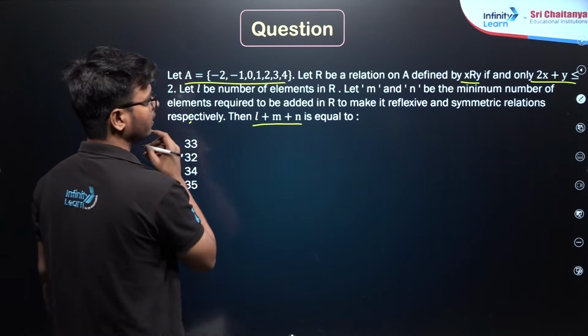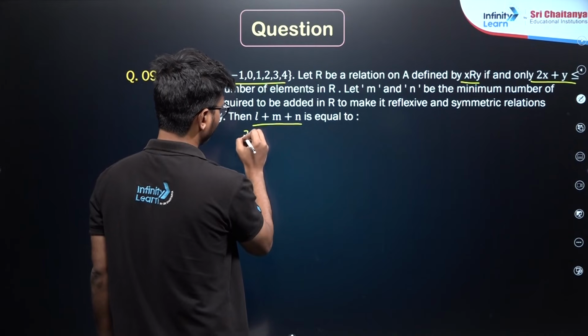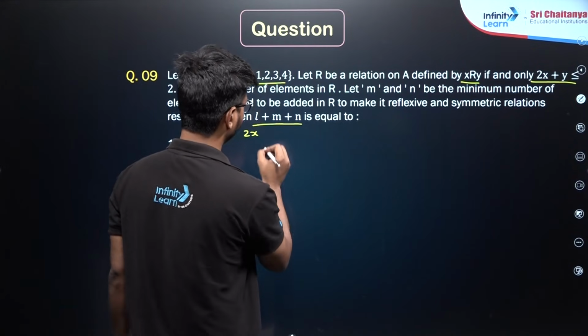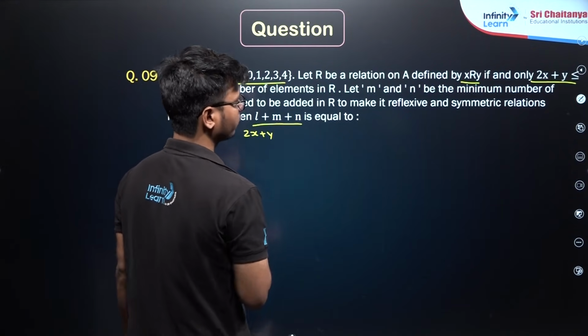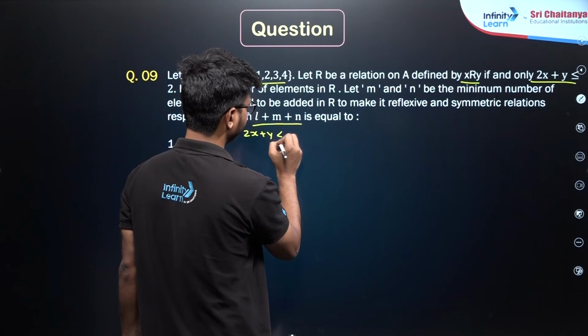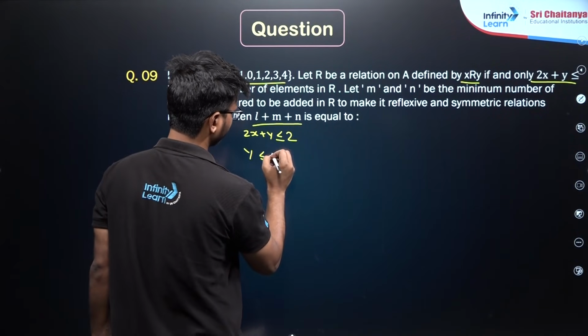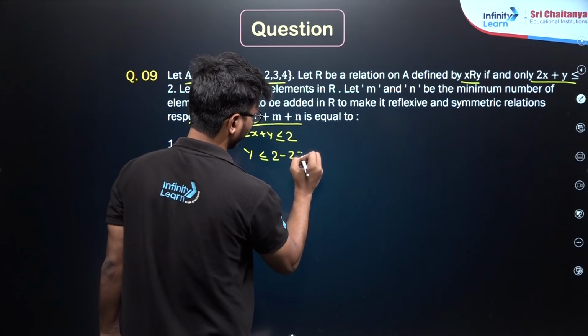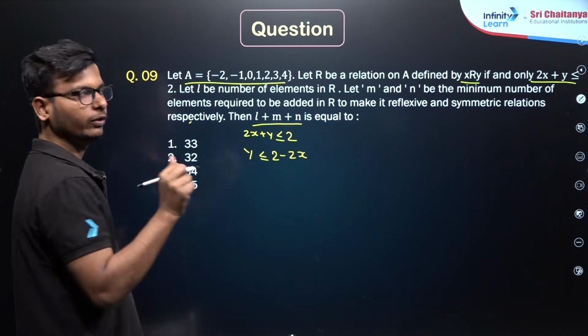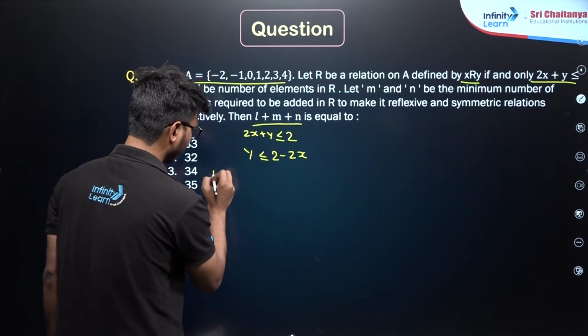For example, the relation is defined as 2x + y ≤ 2. So I can write this as y ≤ 2 - 2x, correct? Now I am going to take the conditions. So I am making the first case